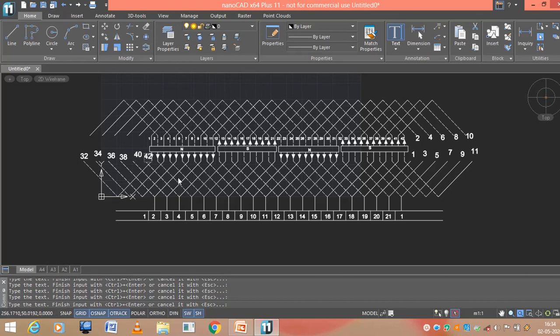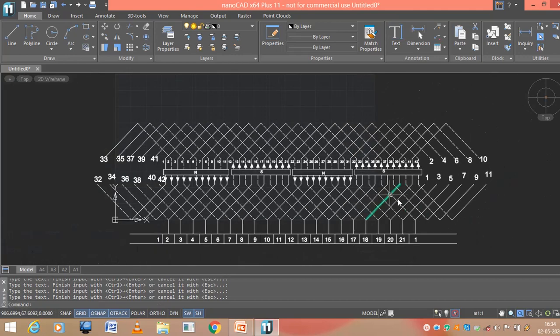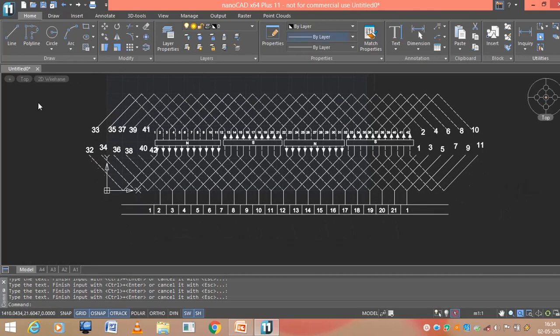Okay, and the same thing here, the second conductor is connected to 33 here, so it means this is the second conductor, so this should be connected to 33. If this is 33, this will become 35, 37, 39, 41. So if you name these unconnected extensions, then it will be easy to place the brushes. Now you can check it out.